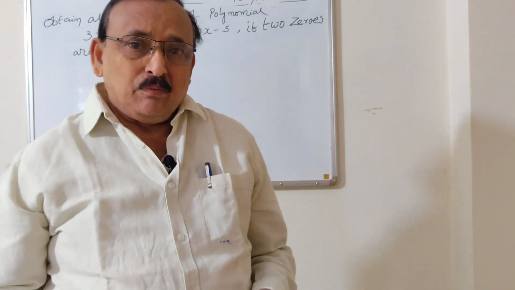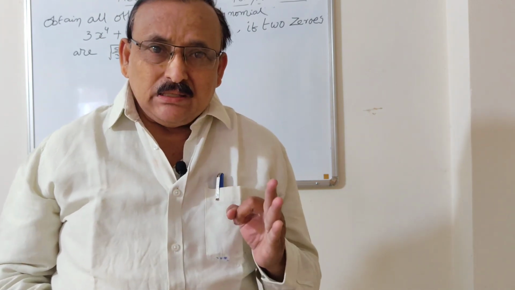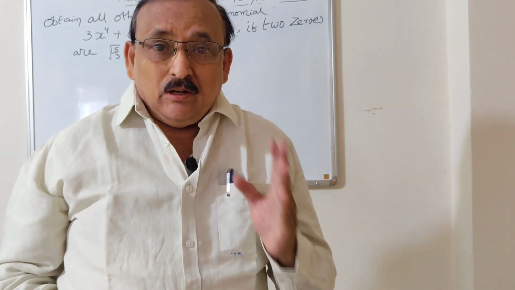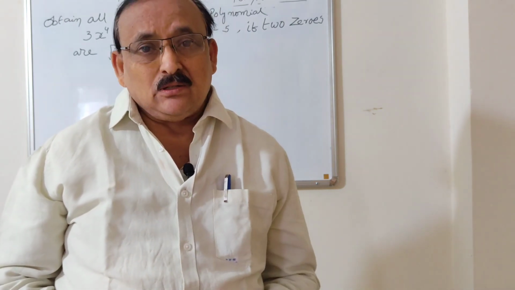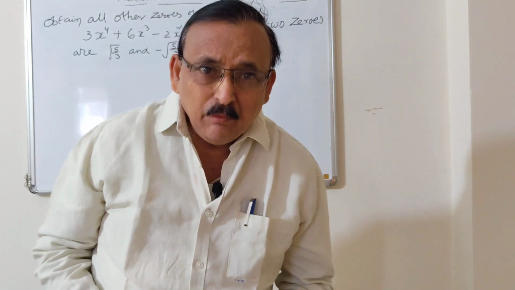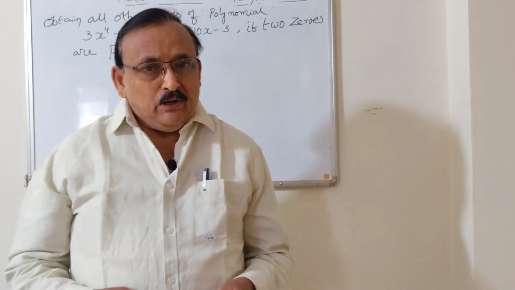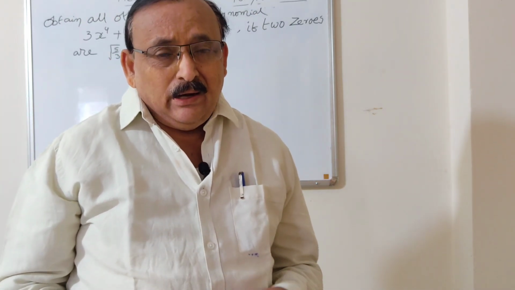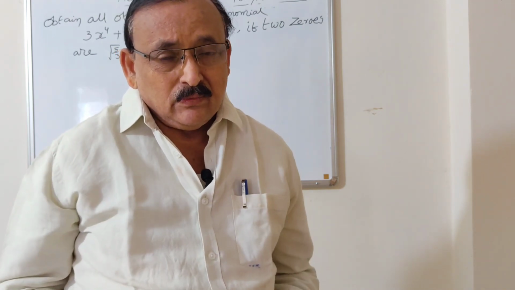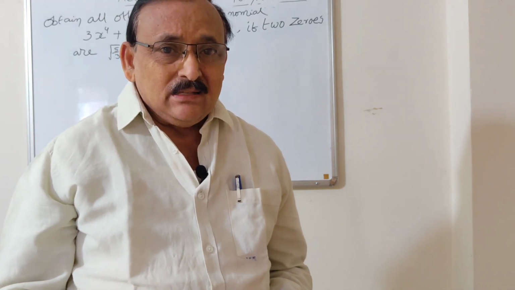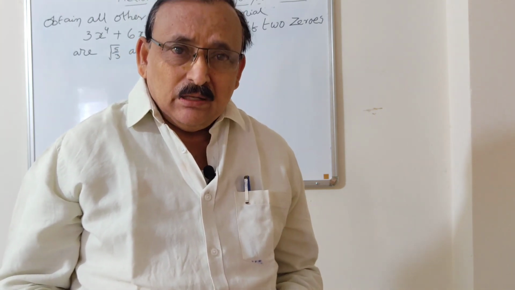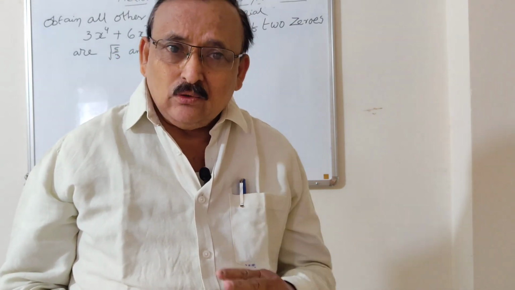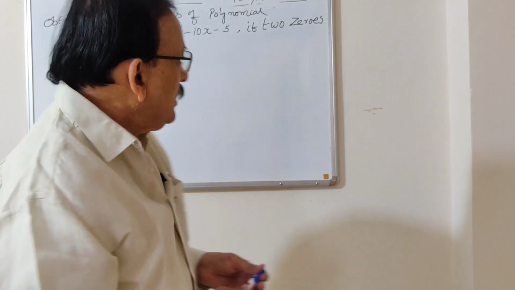In my previous videos on polynomials, part 1, part 2, and part 3, I explained quadratic polynomials and cubic polynomials also. Now, I am going to explain the biquadratic polynomial. What is a biquadratic polynomial? How many zeros are there and how do we find the zeros? As I told earlier in my classes, for any biquadratic polynomial, they will give you 2 zeros and we have to find the other 2 zeros. The zeros are alpha,